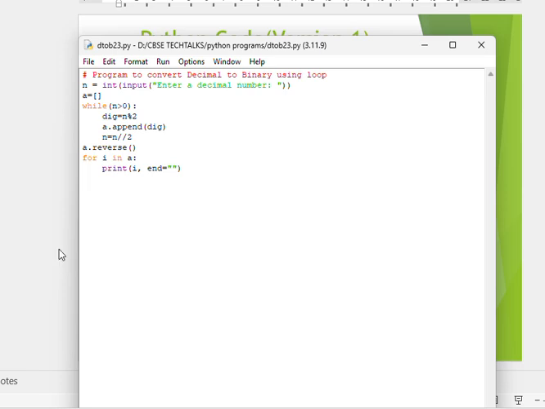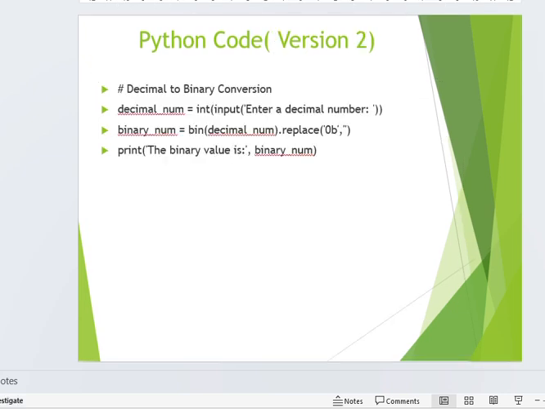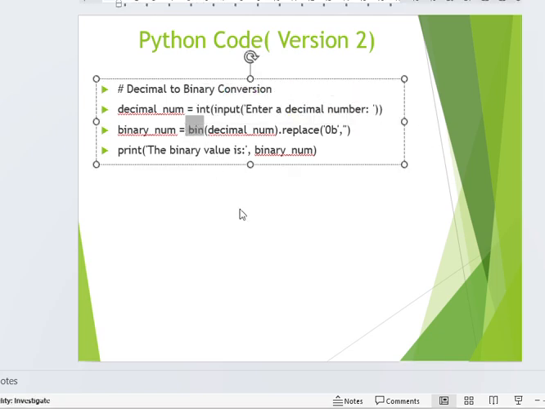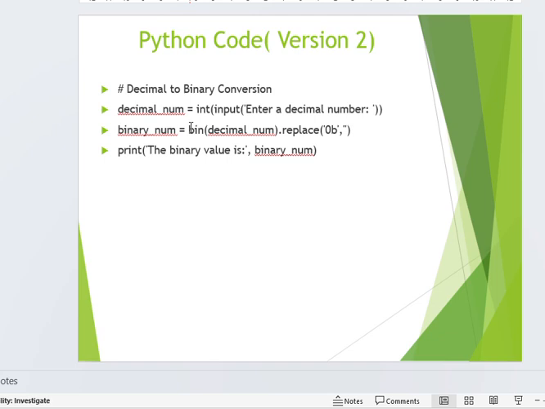Now this was one way of conversion. We have one more easy way. In this case, we have not used any inbuilt function that exists in Python, but Python is basically not for this basic coding. It has other features. So let's move to the easier one. The second version of the decimal to binary conversion in Python uses a function, bin. Now bin is a function which converts the value passed to it into binary straight away.